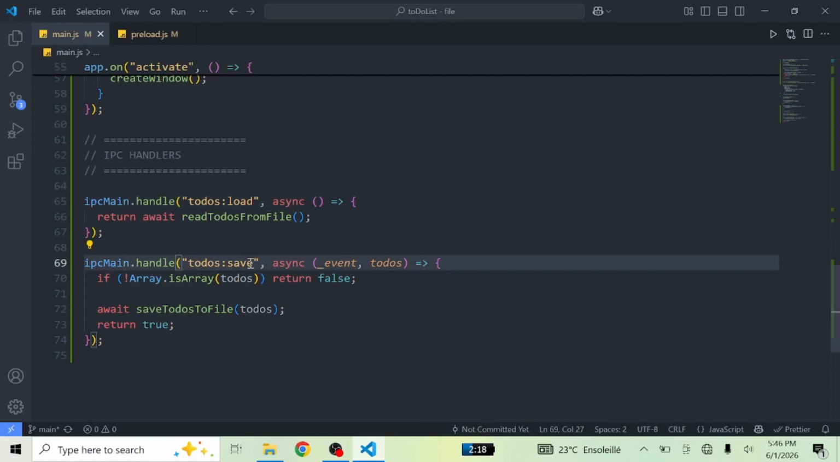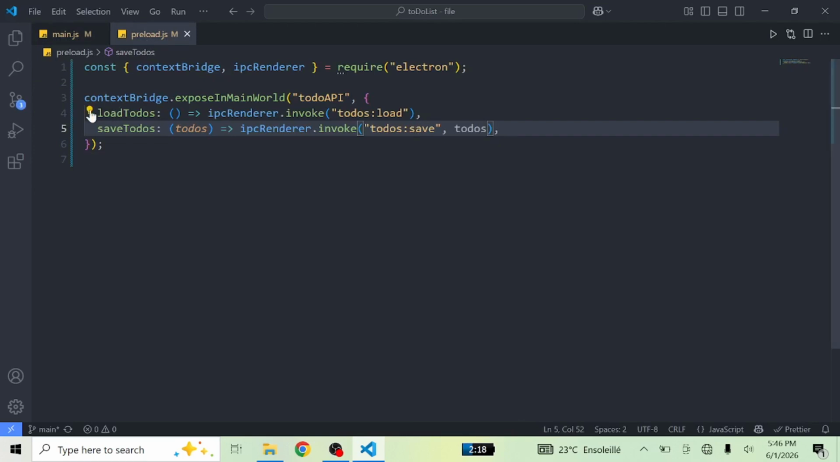Yes, I think we finished with the preload because we have only these two arrow functions. And next, I think we finish with